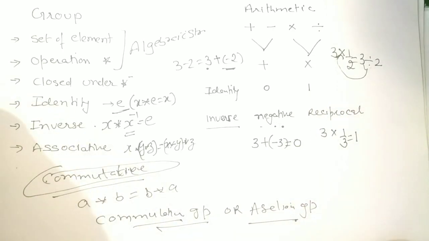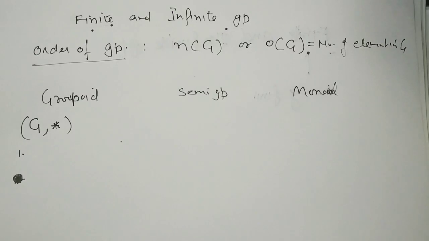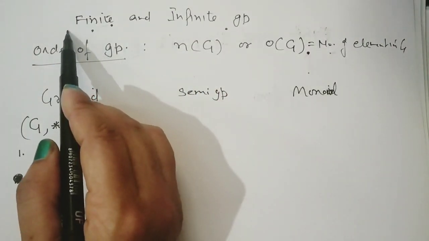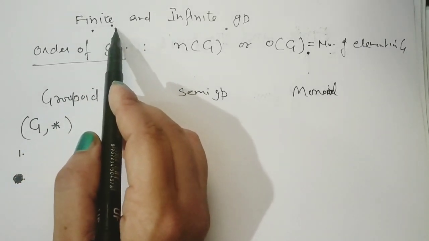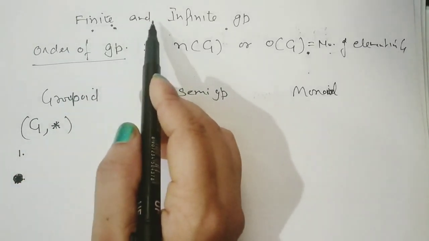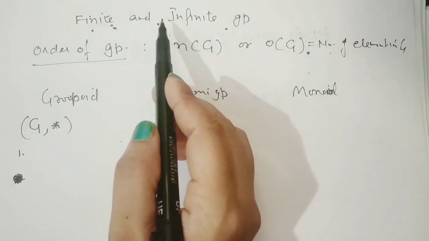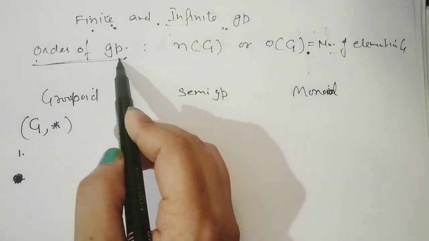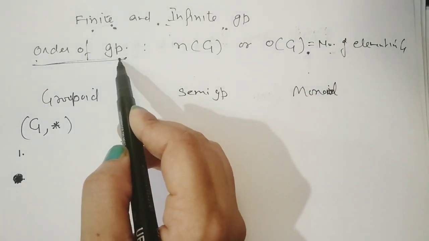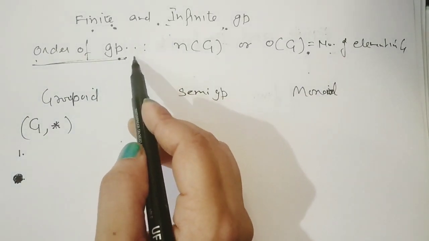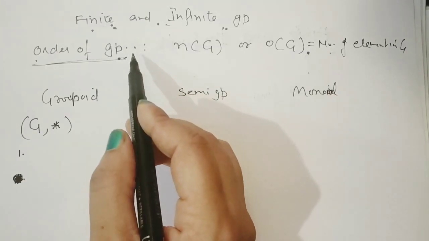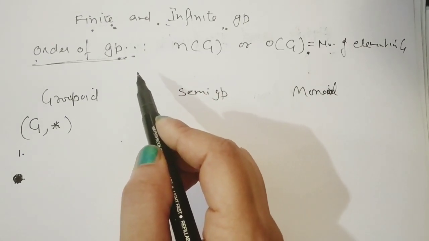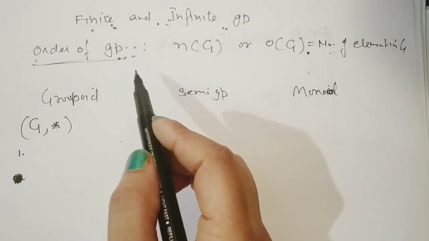Now come to the next thing. Next is finite and infinite groups. If the group has only a finite number of elements, it is called a finite group, and if it has an infinite number of elements, it is called an infinite group. Then comes the order of a group. Order of a group means the number of elements present in that group. We call them elements because we are going to generalize it. The group does not need only numbers. They can be lines, they can be equations, they can be matrices. So generally we say elements.